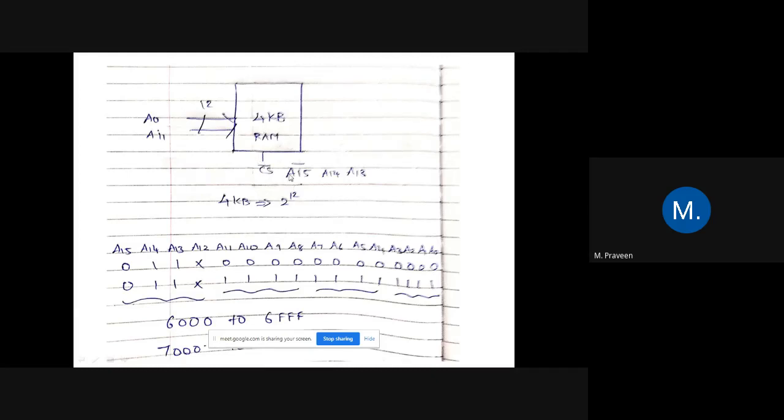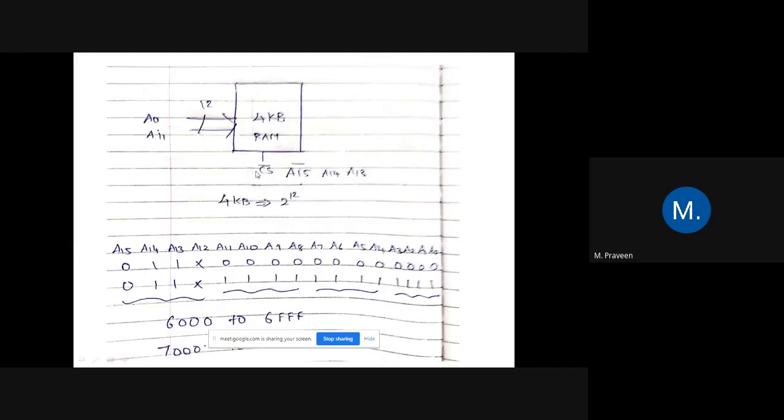In chip selection, they have 3 pins. A0 to A11 are already connected to the address bus of the memory, and A13, A14, A15 are, as the question itself says, connected to CS. So these 3 values are multiplied, multiply means AND gate. Actually, the chip selection is normally active low, but in this question no such term is specified. Therefore we can assume that the chip selection value is high.